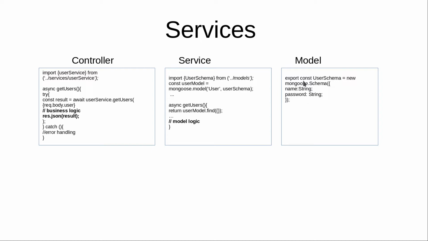In this example, we have just one schema inside of our model, and we can import this schema. And then we can create a model from this schema inside of our service. We will use this model, for example, here to get all the users. We can also combine different models, and the result from the service will be sent to the controller. So the controller passes certain logic to the service, processes the returned result from the service, and composes a JSON